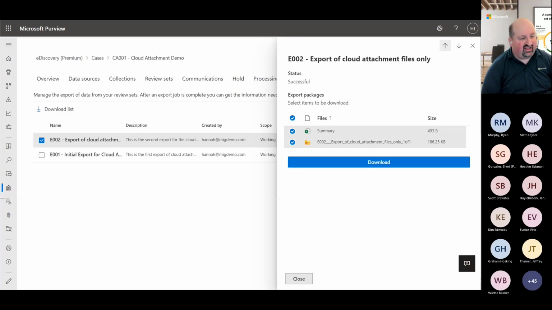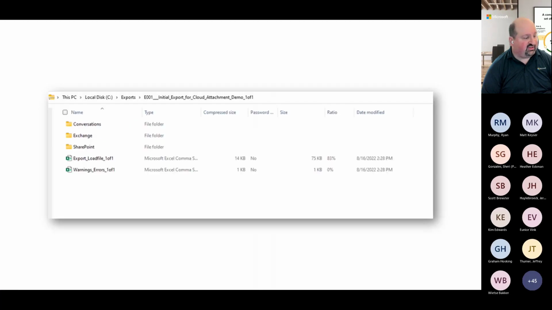And then I included some slides of what an exported result looks like. If you want to hit next here, we have an export over here that's been downloaded. We have a folder for our conversations. We have a folder for our Exchange files or PSTs and for our SharePoint files. And we also include an export load file and any warnings or errors that you might receive. So if you want to go to the next screen,